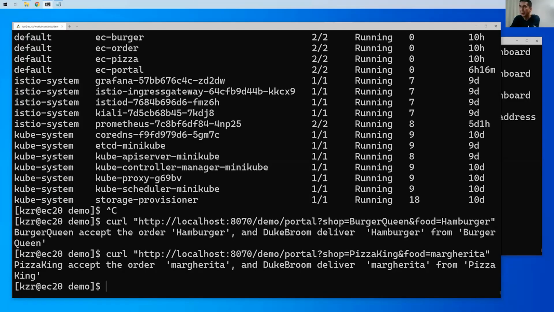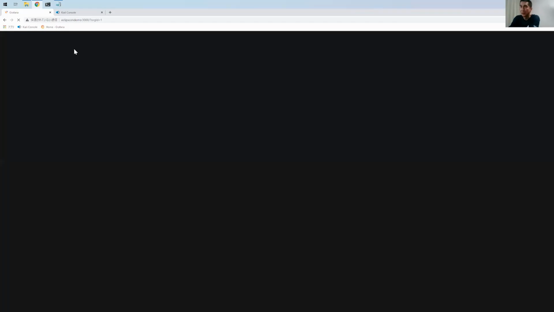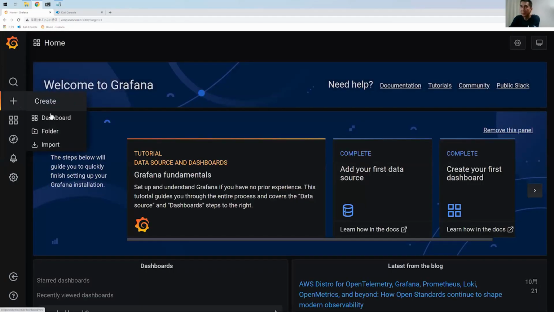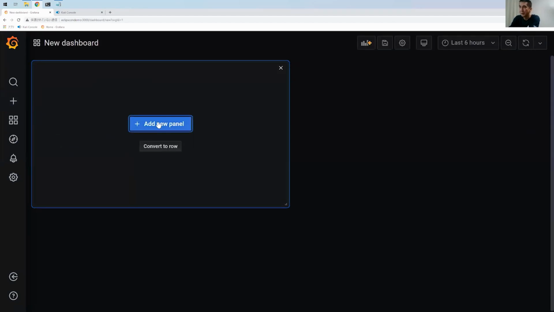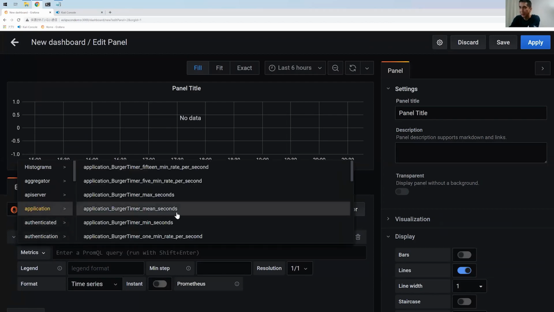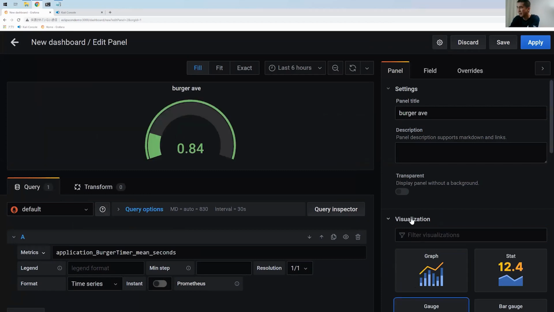But before that, in order to see the metrics, I set up the Grafana dashboard and add a panel. And first select the metric, application and burger timer mean. So this is the average time. Set gauge.